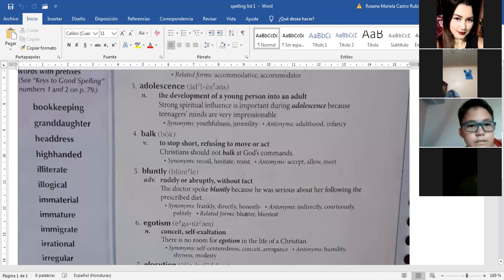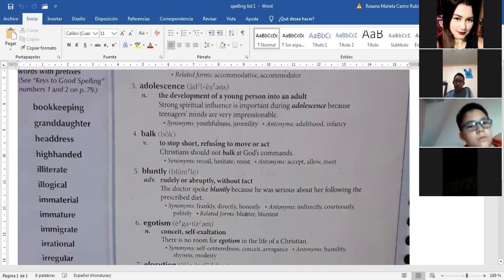You can say, my father spoke bluntly with me. Mi papá me habló francamente. My brothers spoke bluntly. Okay, my brother spoke bluntly with me about not taking his computer without permission. Así puede decir. Mi hermano habló seriamente o francamente conmigo sobre no tomar su computadora sin permiso. My brother spoke bluntly with me about not taking his computer without permission.